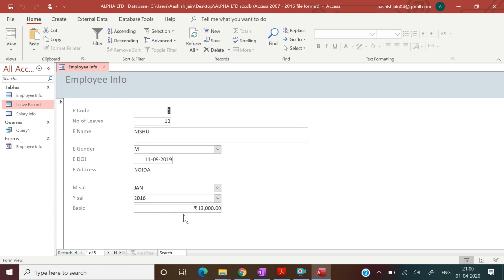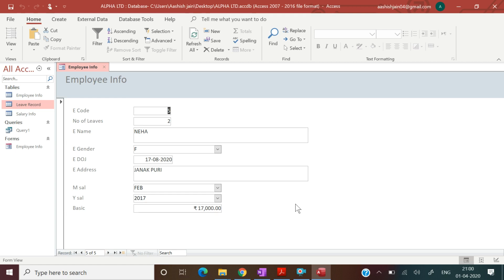Basic is 30,000. So in the bottom you can see the arrow button. So this is for second employee, third employee information, fourth employee information, and fifth employee information. Okay, so that means with the help of form we can get all the details of all the employees in one page.